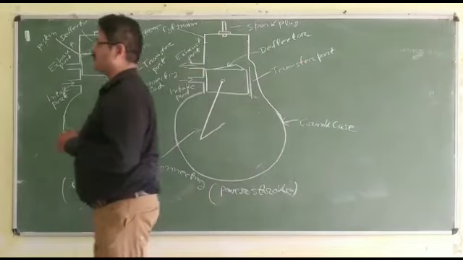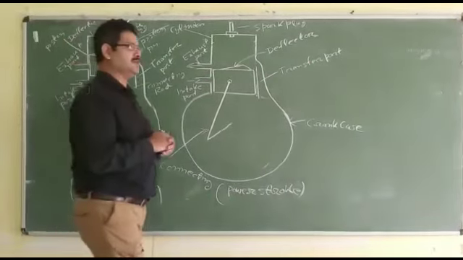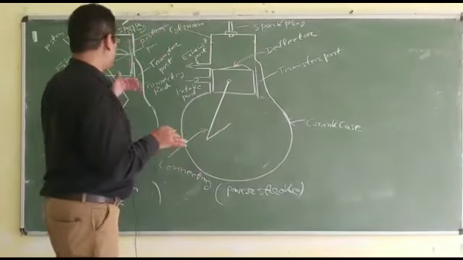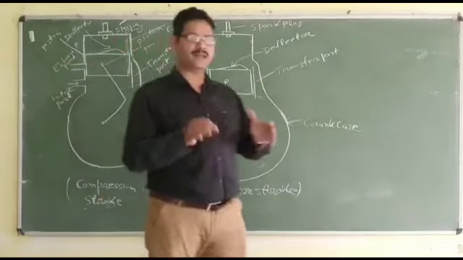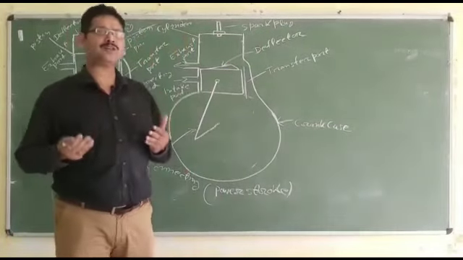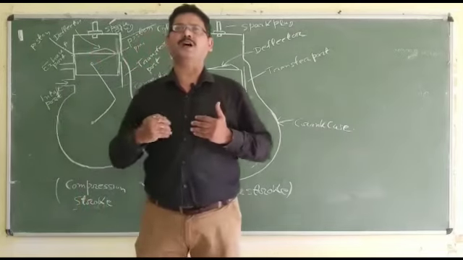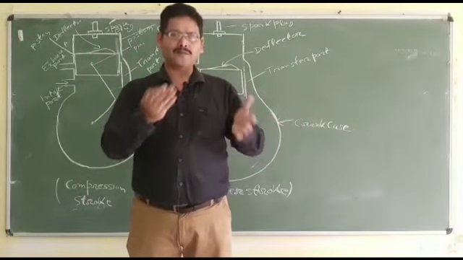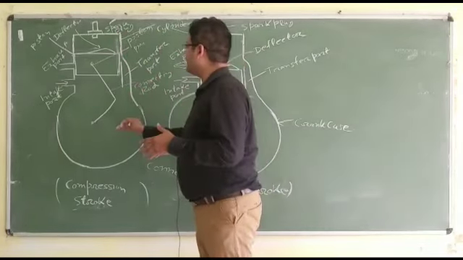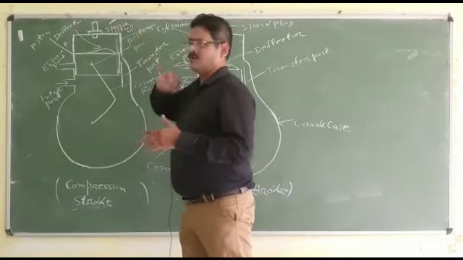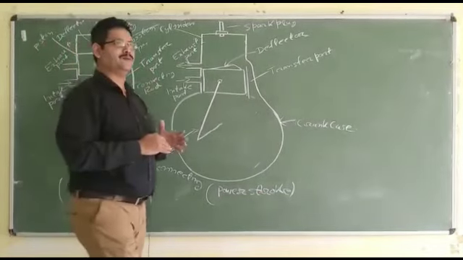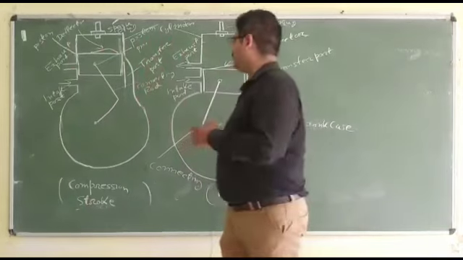Another thing that we need to remember is that in a two-stroke cycle engine, we have ports and do not have any valve arrangement. The reciprocation of the piston inside the engine cylinder covers or uncovers these ports, and the admission of the charge into the system, the exhaust of the burnt air fuel mixture from the engine to the surroundings, and transfer of the charge from the crankcase to the top of the cylinder take place due to the relative motion of the piston with respect to the cylinder.